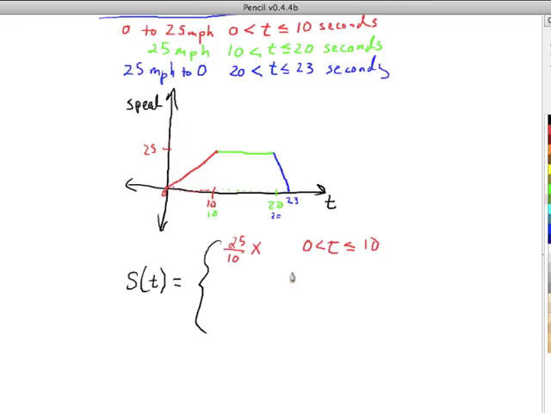From 10, did I change greens on you? 10 is less than t, but still less than or equal to 20. How would you describe this function right here? That's just staying at the height 25. And for the next interval, from 20 less than t, which is less than or equal to 23, it's this